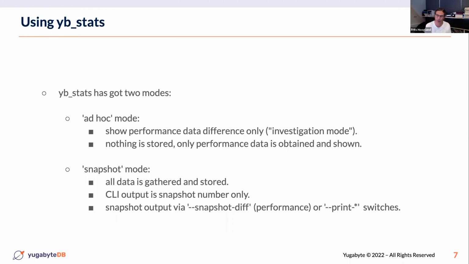And there is the snapshot mode, which is the mode which tries to truly capture everything that is available. And that will store it in CSV files. So the first option doesn't leave anything. It will just provide it on the screen, and you can base your investigation on that. And that is what I use myself a lot if I'm looking into specific issues, because I just want to do quick tests and do not want to end up with an enormous amount of snapshots,